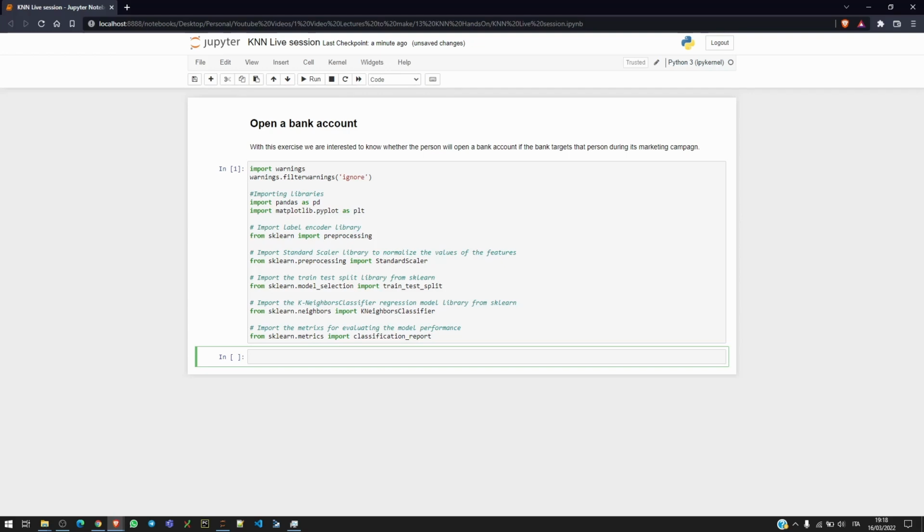Today we are going to understand how to implement the support vector classifier machine learning model on a real-world dataset, where we are interested to predict whether a person will open a bank account if the bank targets that person during this marketing campaign. As you can see, I have already imported the necessary frameworks that we're going to use